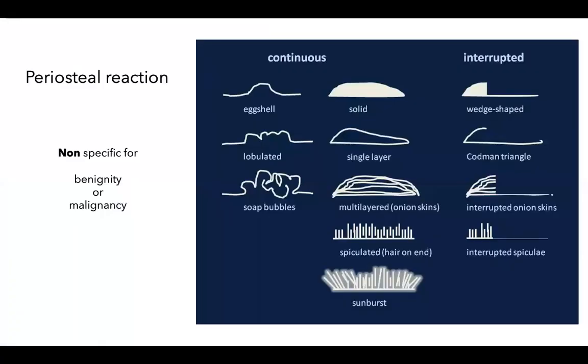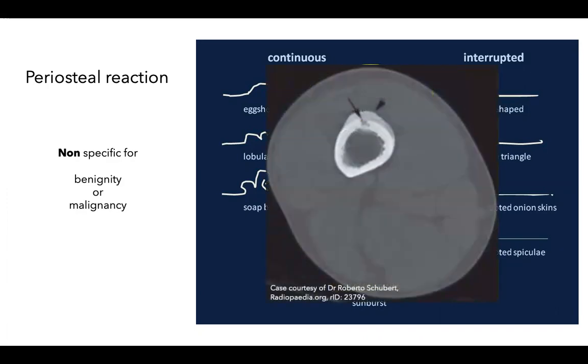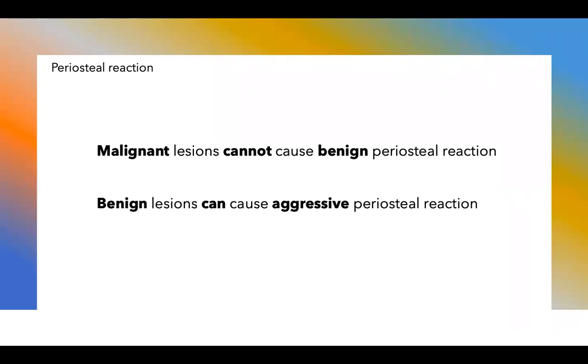And when we're talking about periosteal reaction, it's actually a non-specific finding for calling a lesion benign or malignant, because the only periosteal reaction type that equals benignity is the solid type. And this is a case of a benign osteoid osteoma causing a benign looking solid periosteal reaction. And while we know that malignant lesions cannot cause benign periosteal reaction, benign lesions can cause aggressive and malignant-like periosteal reactions,